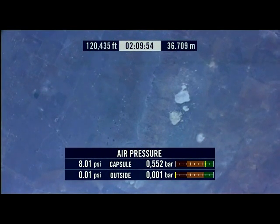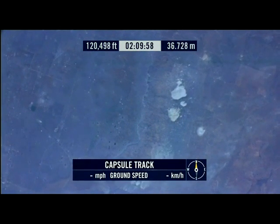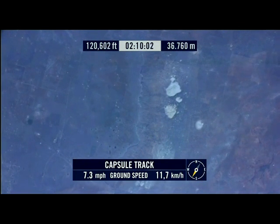Balloon still floating up. It's now above what had been set as sort of the mythical float rate or maximum altitude of 120,000, so it's